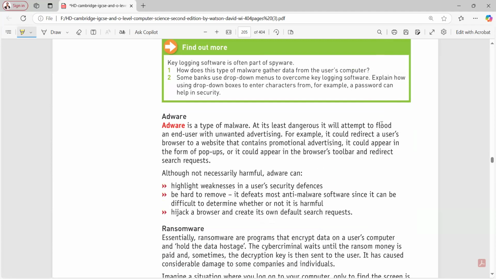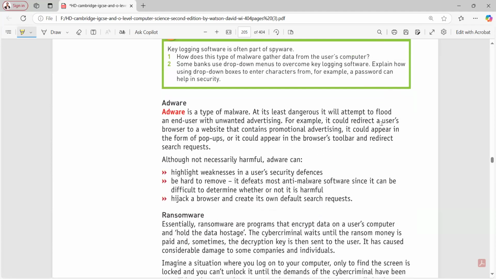Then I have adware. These days, whenever we use our mobile phone, it's quite common that we see a lot of ads on our computer system. Adware is also a type of malware. Malware means malicious software. As it is the least dangerous, it is going to attempt to flood an end user with unwanted advertising.